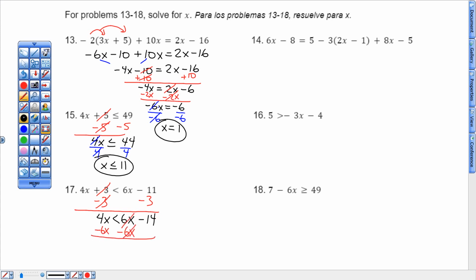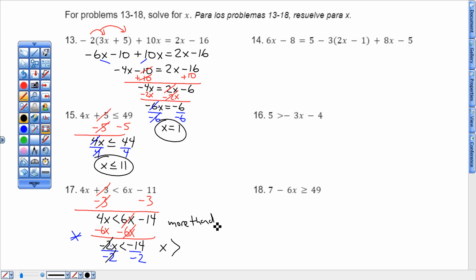This gives me -2x. And for this problem right here, if you remember, if you divide by a -2, that step right there switches my inequality. So my inequality, when that divides out, it's not x is less than, it switches to x is more than,